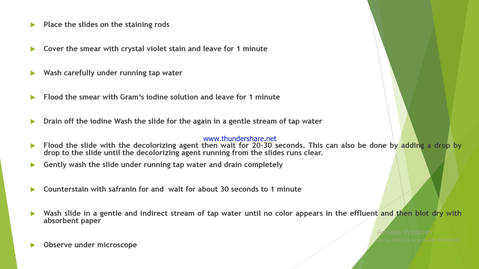Take the glass slide which has the smear on its surface, add a small amount of crystal violet on the smear area, tilt the glass slide to 45 degrees, and leave it for 1 minute. After 1 minute, wash it off with the help of tap water or distilled water which is present in the wash bottle. After washing it off, add a small amount of iodine solution on the smear surface and leave it for 1 minute. After 1 minute, wash it off with water.